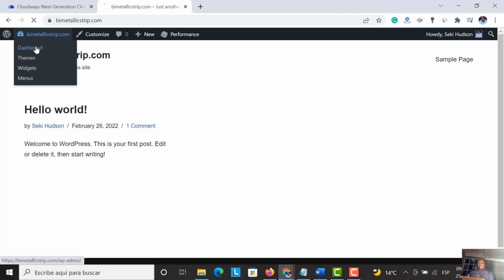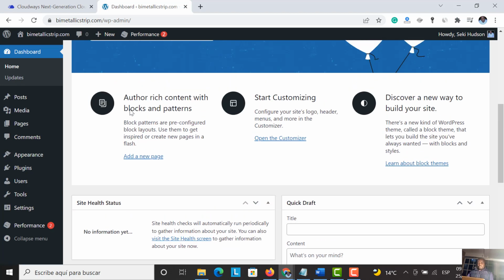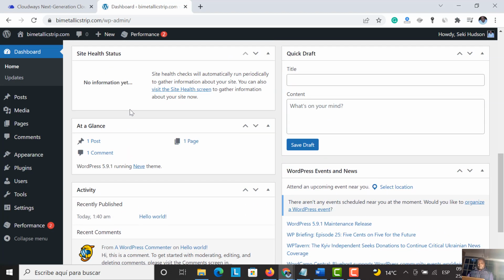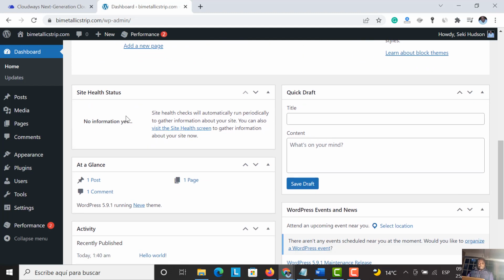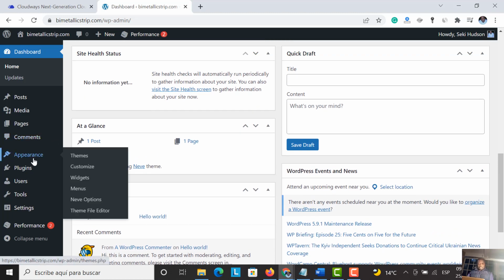So what I'm going to do is I'm going to change a little bit more. So what we're going to do here, we come here, we say themes, and come Neve appearance. Then come where Neve options. You're going to click here, and